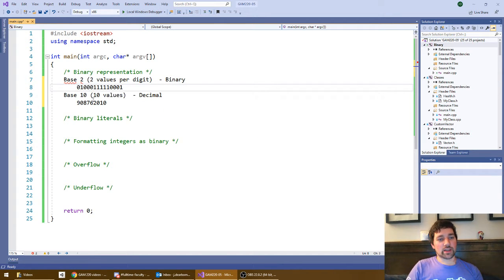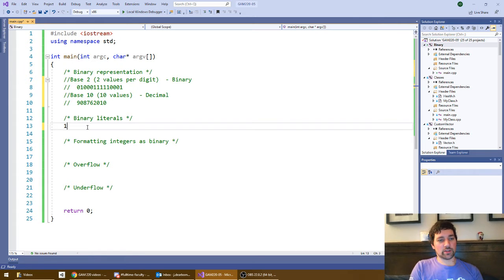So when I write these out in C++, that stuff will not work. If I write the number, that's not binary. If I write something like this, this is just an integer literal. It's just a bunch of ones and zeros. It just happens to be ones and zeros. It doesn't treat it as special. It just thinks I wrote